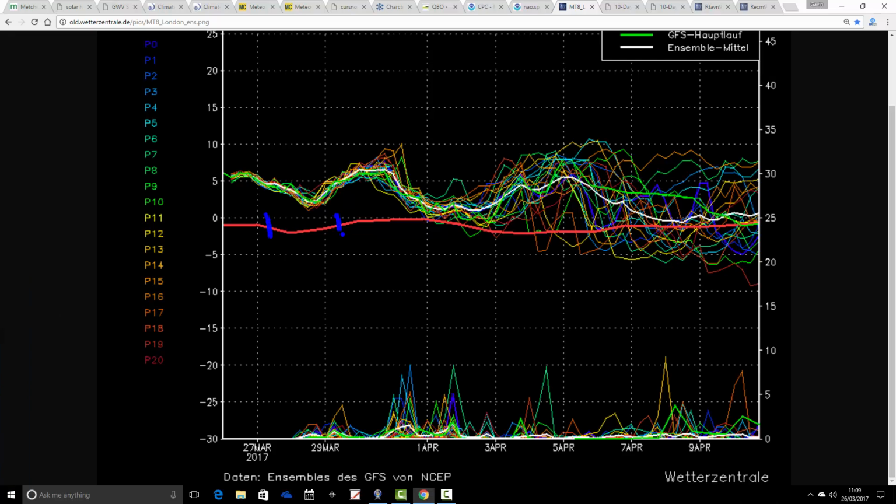So the red line here is the 30-year upper air temperature average. You can see that we're significantly mild on average at the moment. Forecast to stay so up to the start of April, that's April the 1st, just there, still mild on average then. A little bit of a decline in temperature taking place over the weekend, next weekend, and then the temperatures are lifting up again. So overall, very mild period coming up for the next couple of weeks, you have to say, in terms of